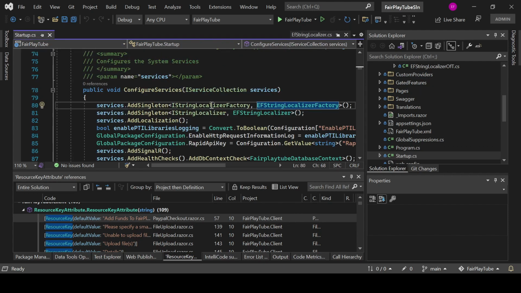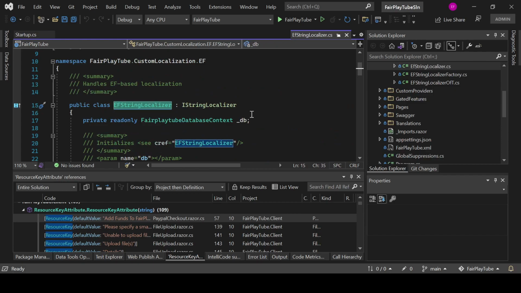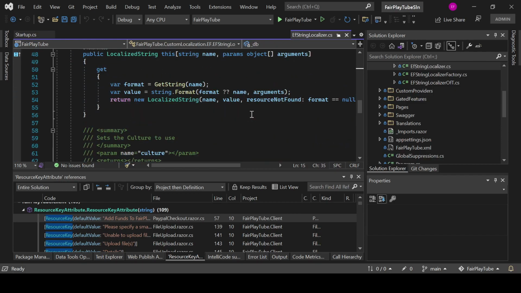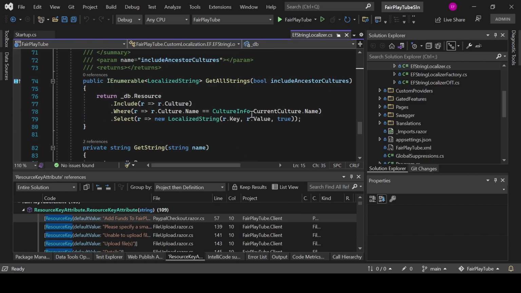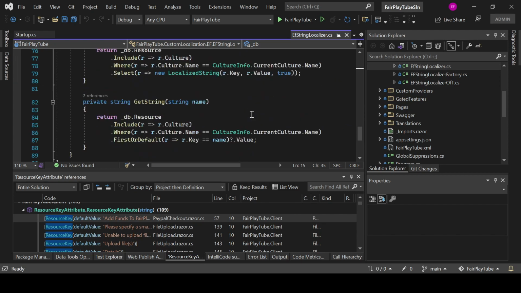So basically, you do register the IStringLocalizerFactory and the IStringLocalizer, and you pass the EFStringLocalizerFactory to implement this interface, and this one to implement this other interface, and then you modify the code so it actually reads information from the database itself. So I hope this video has been